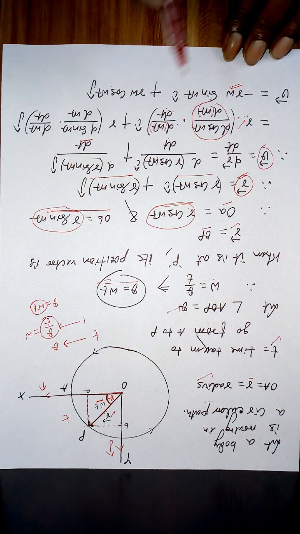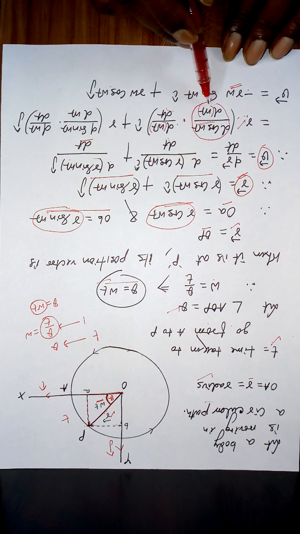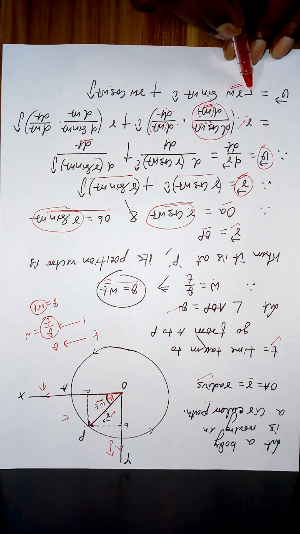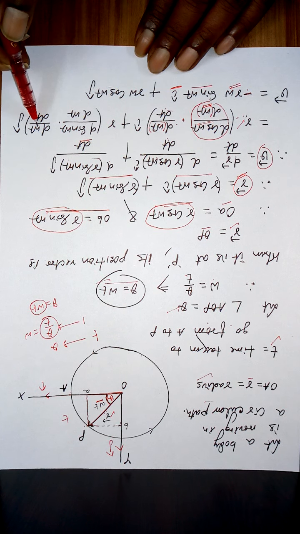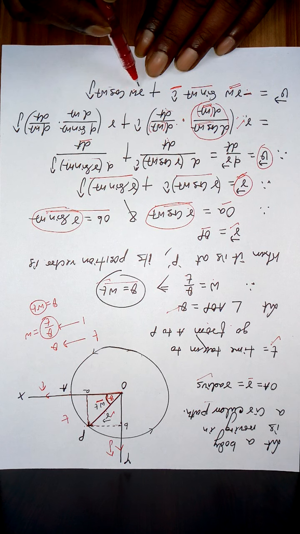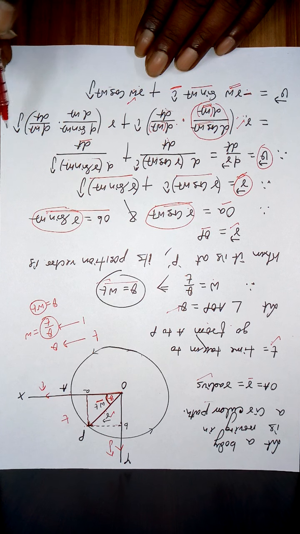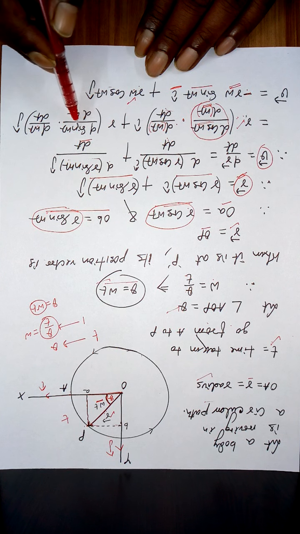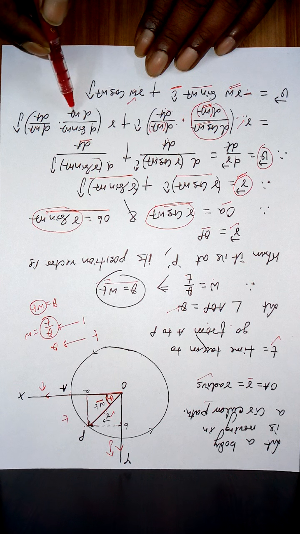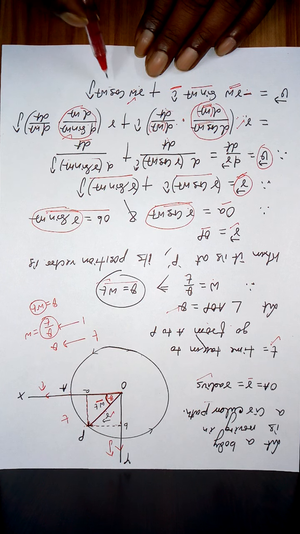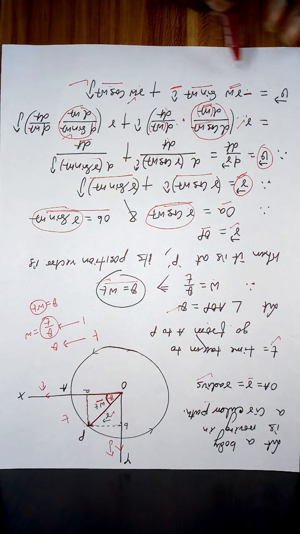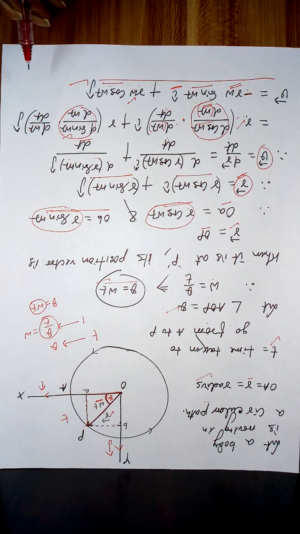R omega. Then derivative of cos omega t with respect to d omega t is minus sin omega t. So it is minus sin omega t i cap. Similarly here omega is a constant taken out, kept with r. dt by dt is 1. Derivative of sin omega t with respect to d omega t comes under the calculus formula, that is cos omega t along j cap. So this is the expression for your velocity.